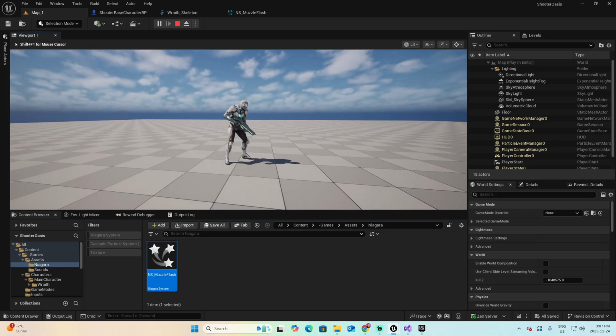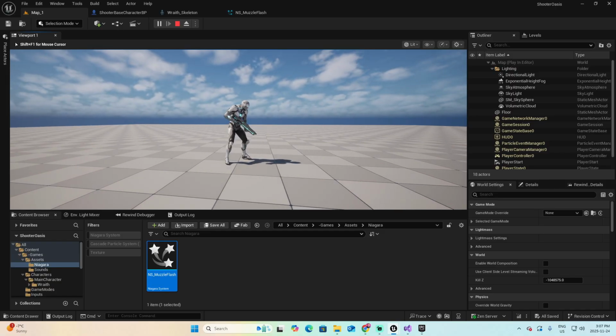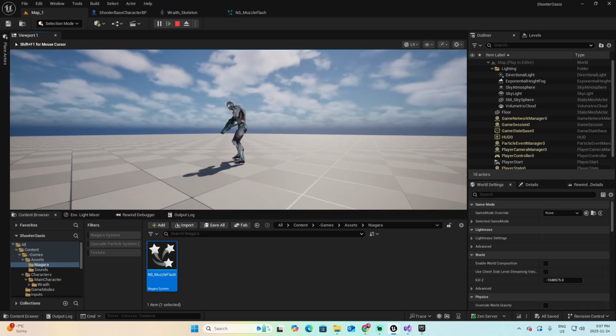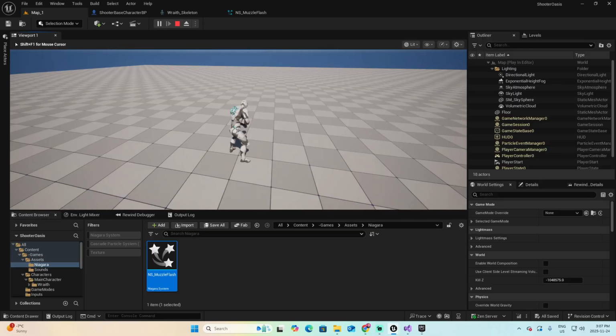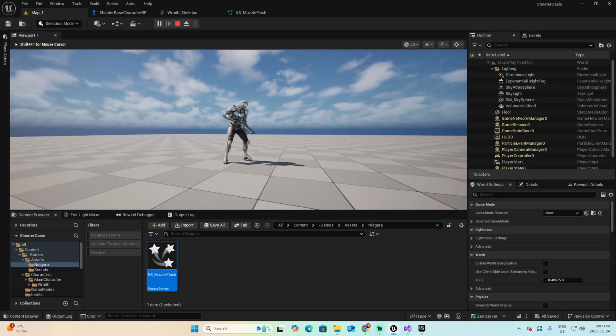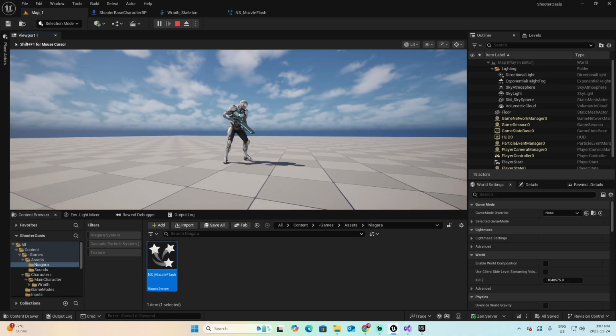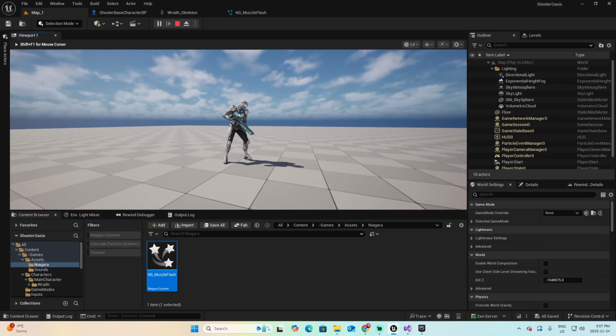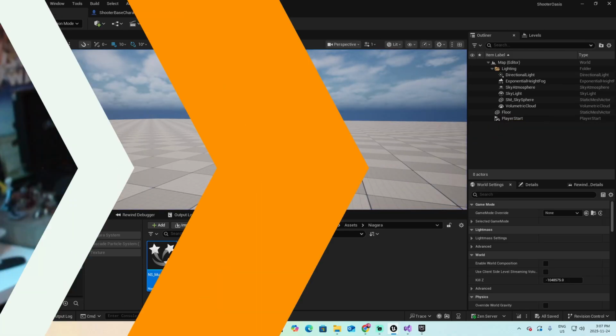Look at how random it is. Not all the shots are exactly the same. And this is what I'm looking for. I don't want them every time to look just the same. And this is an effect that you can create using the Niagara system, which is fantastic. Now you have a proper muzzle flash. Your weapon has a socket and a barrel. C++ is spawning your Niagara system when you shoot, and the effect is tuned to feel like a real third-person